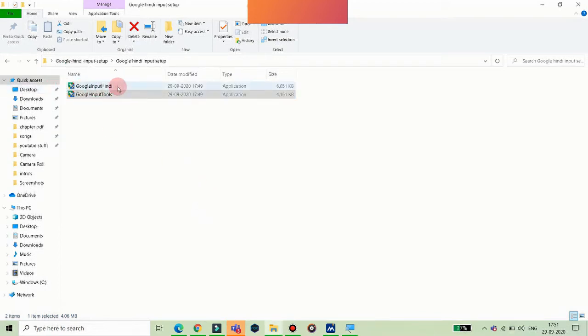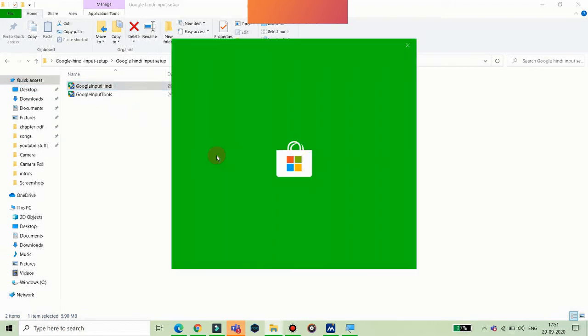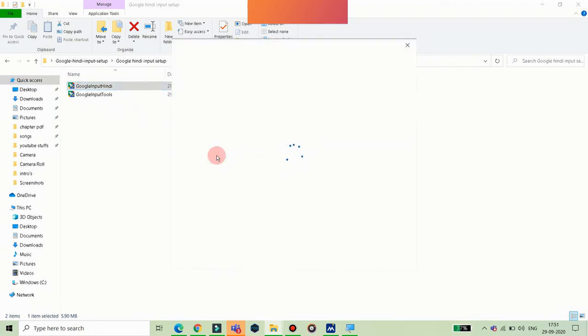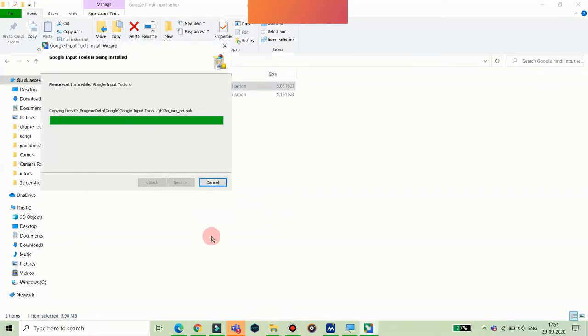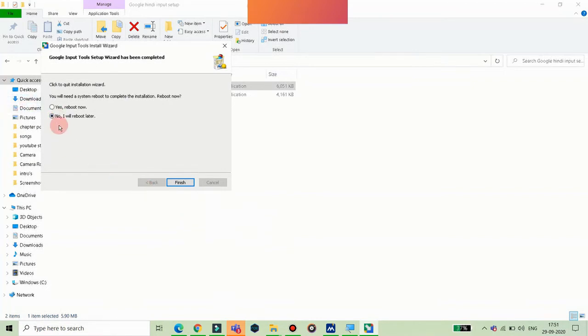And then go to Google input Hindi and double click again on that. You will do install anyway again. Again yes. And the same thing here.